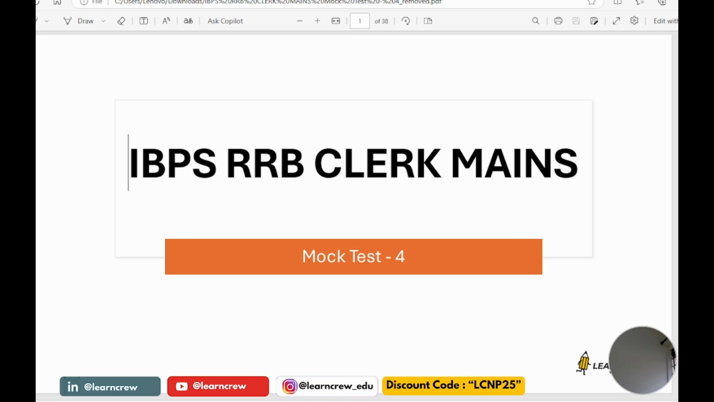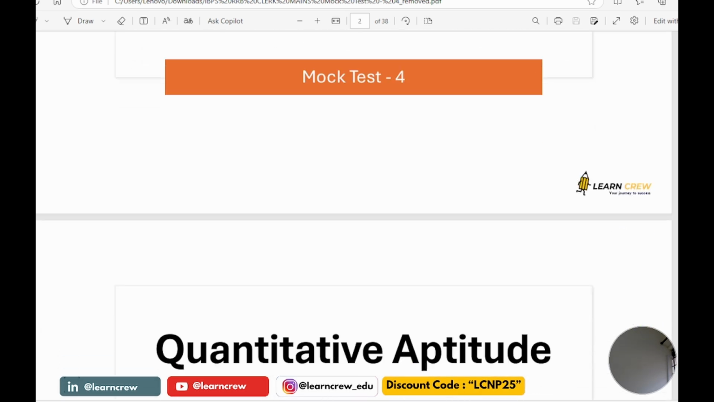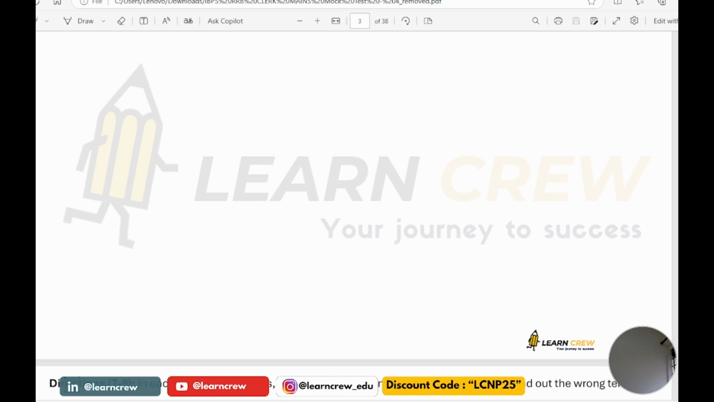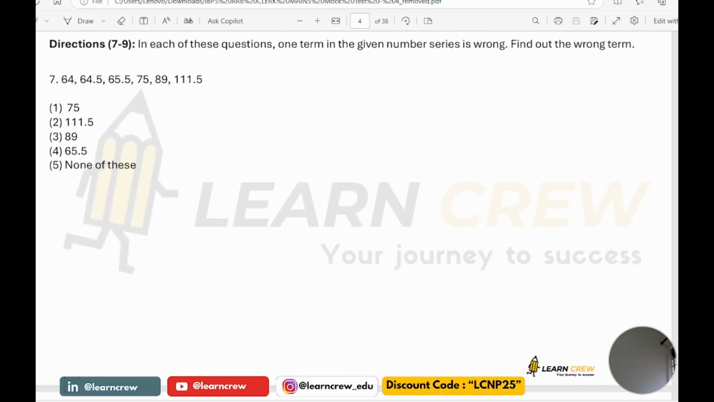Hi everyone. So in today's paper discussion, we will have IBPS RRB Clerk Mains Mock Test 4 Quantitative Aptitude Section Analysis. In this, from question number 7 to 9, you have to find the wrong number. Find the wrong number: 64, 64.5, 65.5, 75, 89, 111.5. So if you see here, 64 plus 0.5 into 1